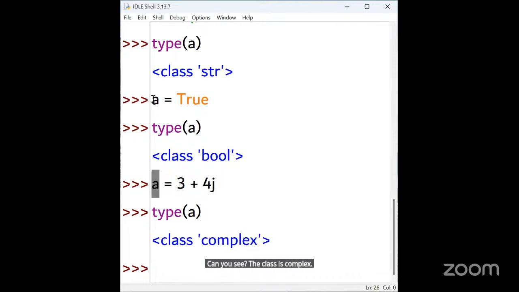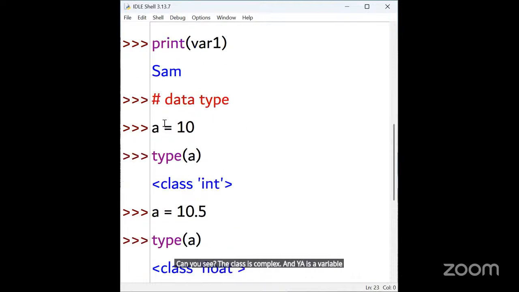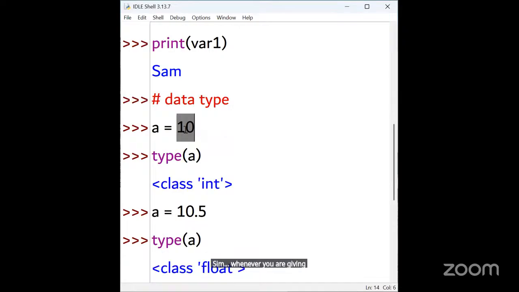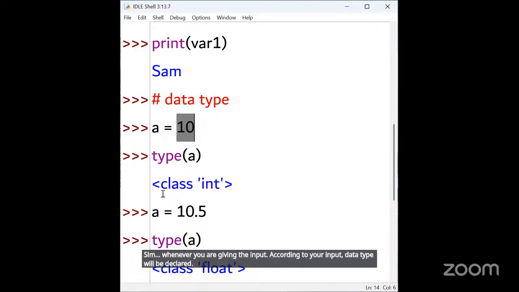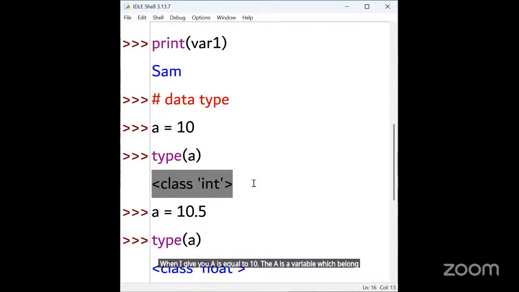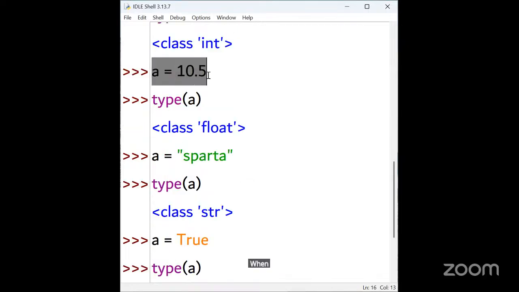And A is the variable I have used in all of these. This is all about data types. So Python is dynamically typed. Whenever you give the input, the data type is declared according to your input. When I give A is equal to 10, A belongs to integer data type. When I give 10.5, it belongs to float.